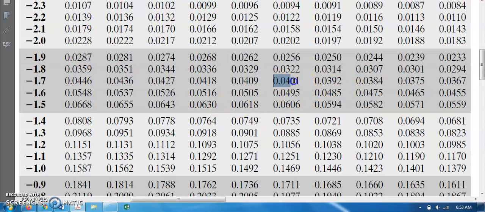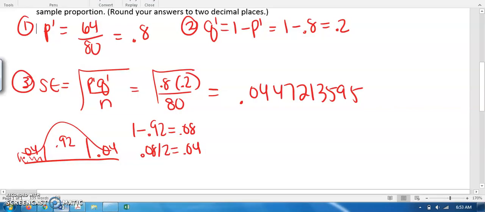Right, so that corresponds to a z-score of negative 1.75. So that's step 4, z equals negative 1.75, and then you do your error bound for